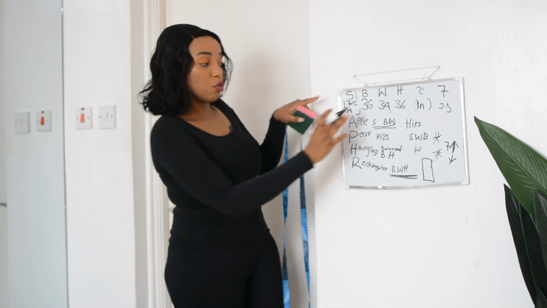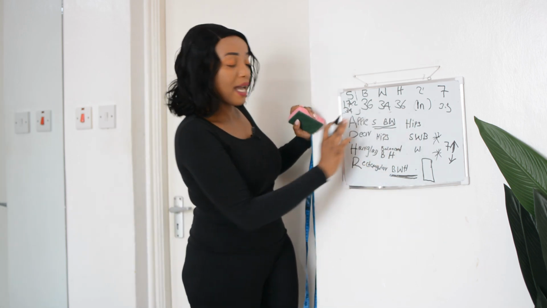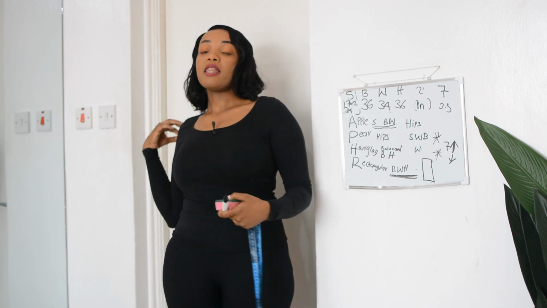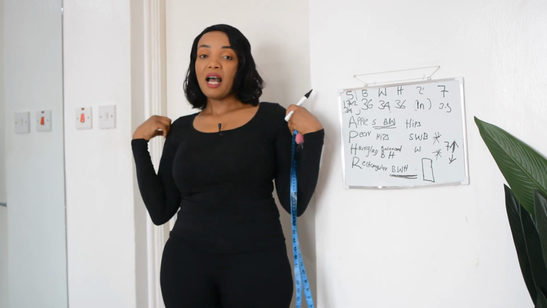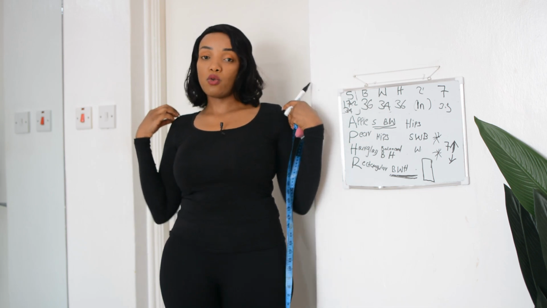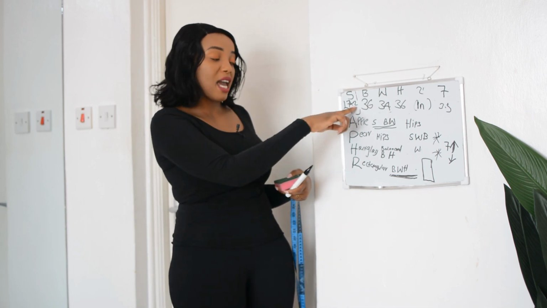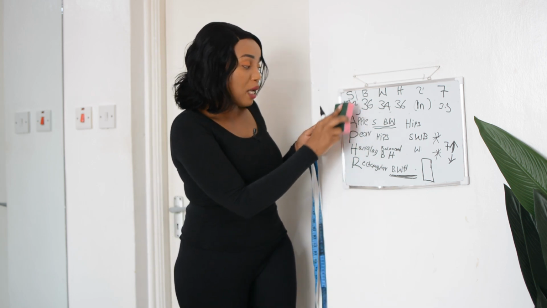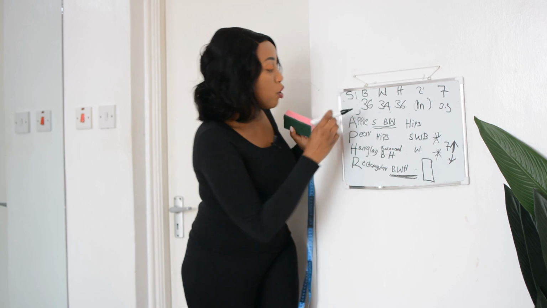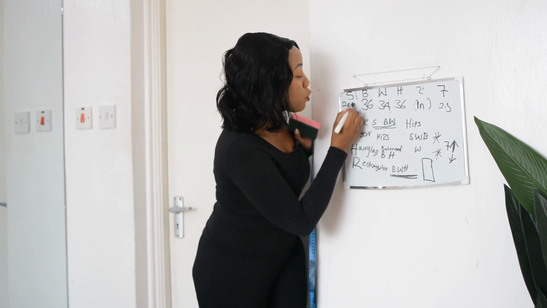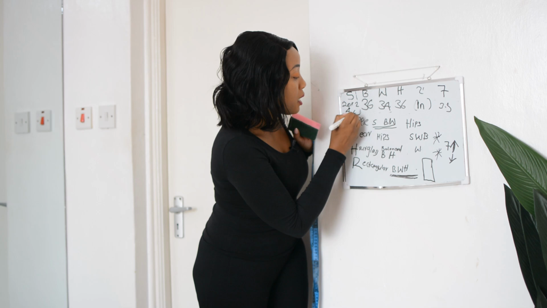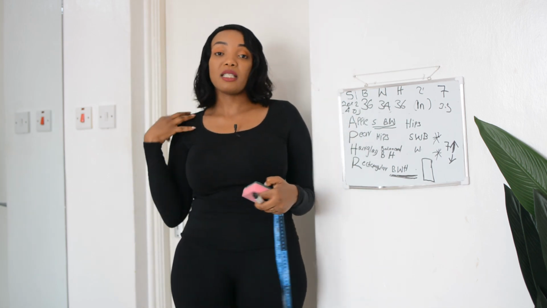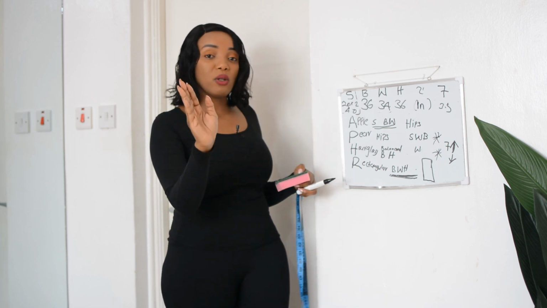That way my measurements fall in the same range, because as you remember, I measured from here to here. The whole idea is to measure round, but when I do it round, it might not be so accurate. So what I do is take edge to edge and multiply it by 2. So for a person who's an apple, if they got, for example, 20, they're supposed to multiply it by 2 to get 40. And for that particular person, we are going to see that maybe her shoulders are the widest part. So that's why I told you to ignore that.